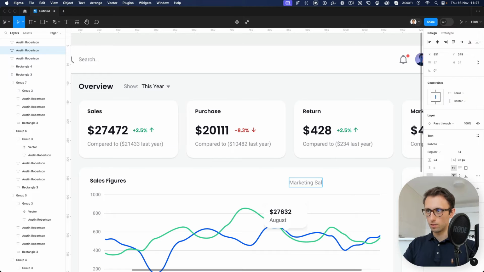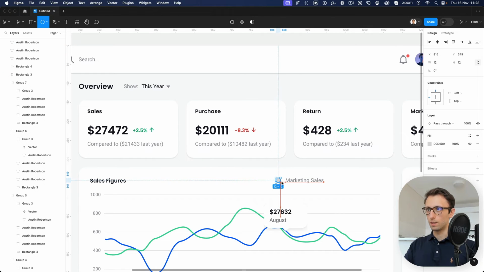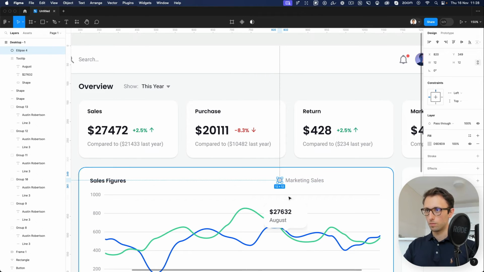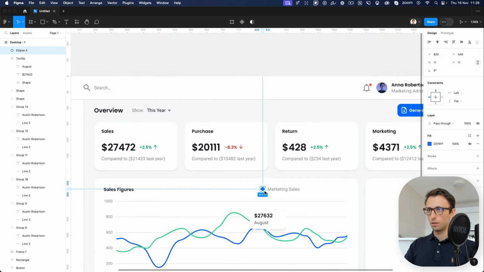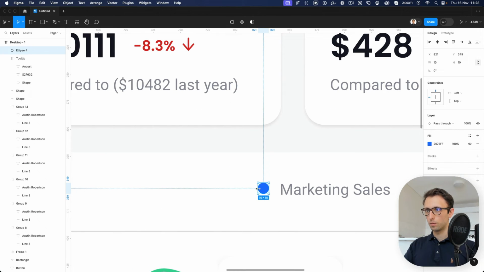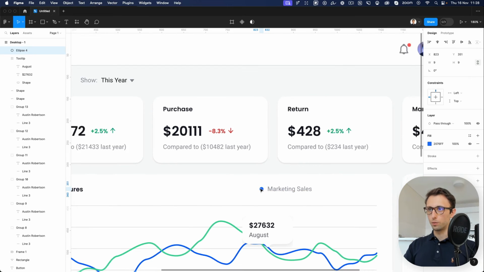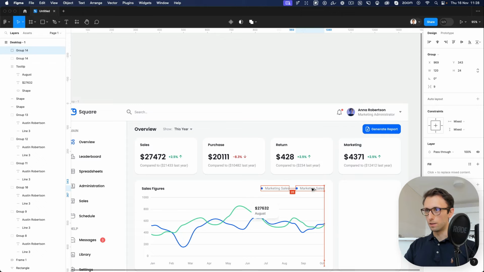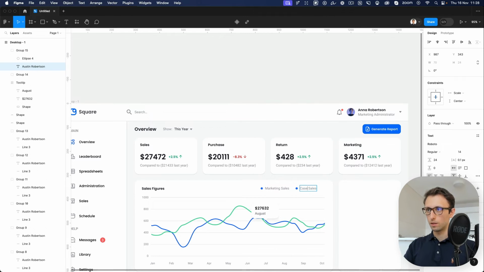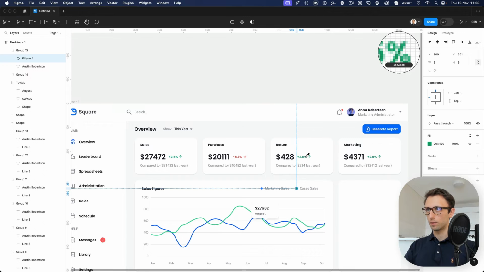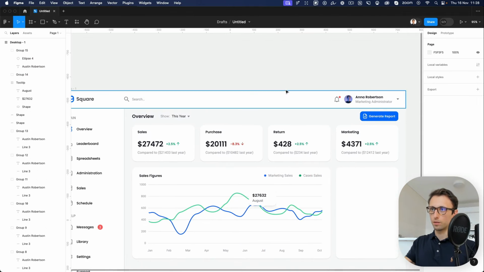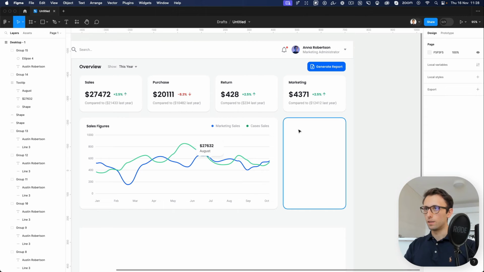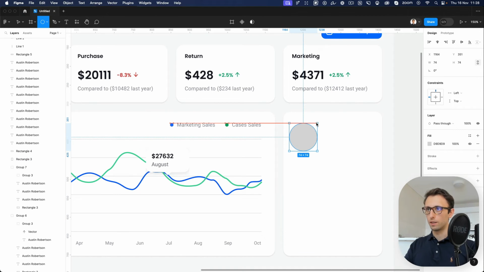Marketing, sales, let's add a small circle. And yes, there we go. Now let's duplicate this, get over here and write cases sales. All right, so we have the base going for this, and the very next element is going to be the